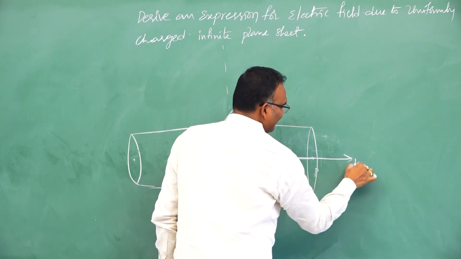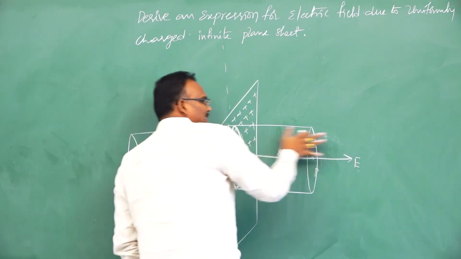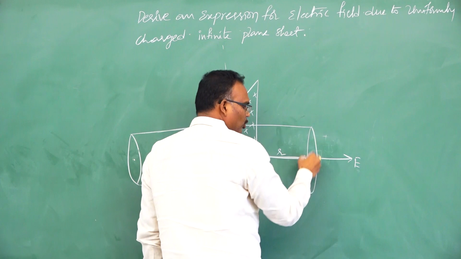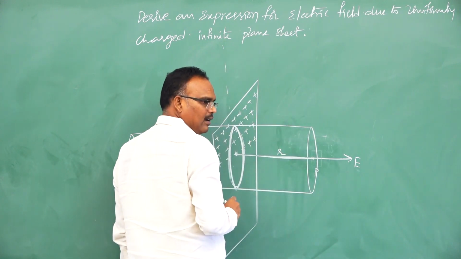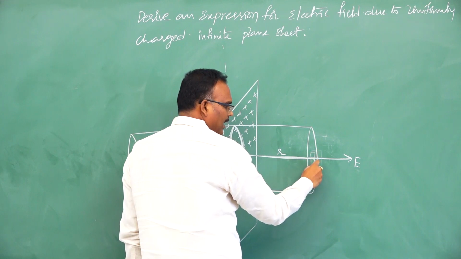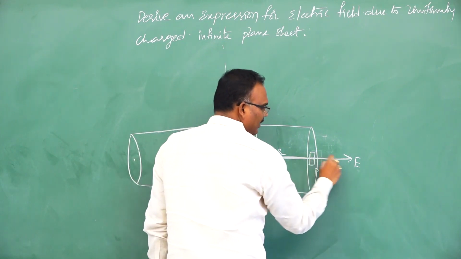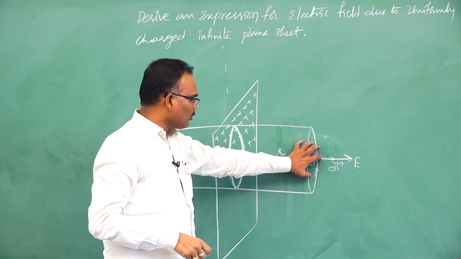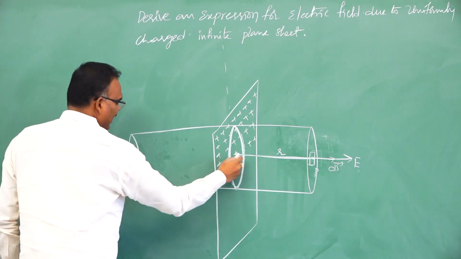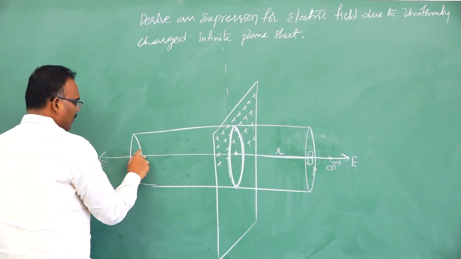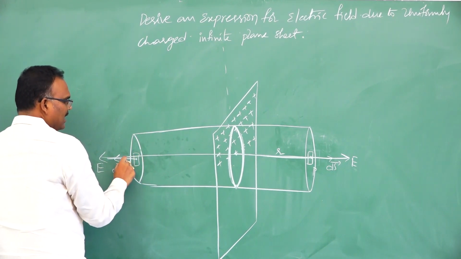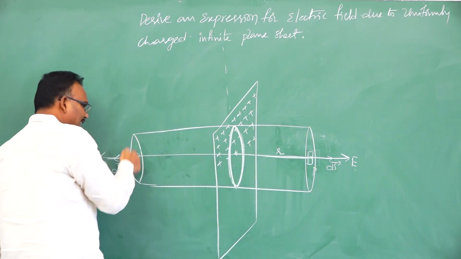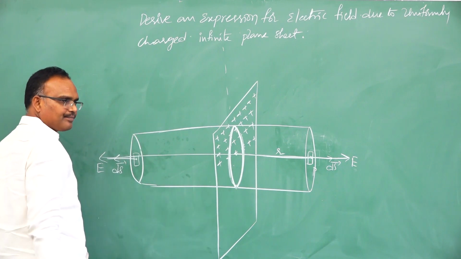electric field is in this direction, electric field is straight parallel lines. Okay, electric field will be in this direction. That means field lines are passing through the lids of the cylinder. If you take a small area of the Gaussian surface, it is also in the direction of the electric field. That means now flux is passing through this lid as well as this lid. Here electric field will be in this direction. If you take a small portion, ds bar is also in this direction. So flux is passing through this area as well as this area. Both I have to add.